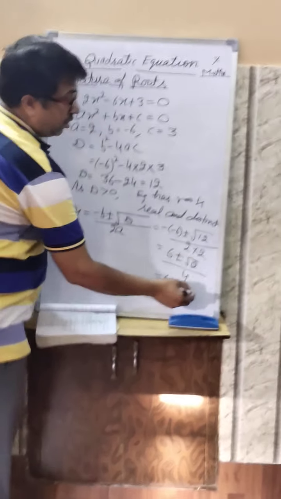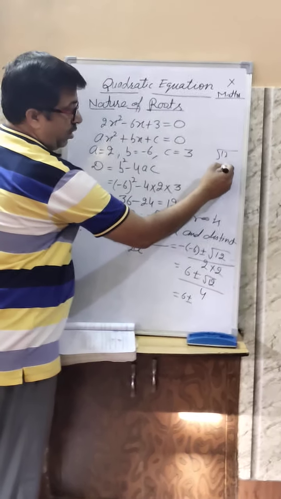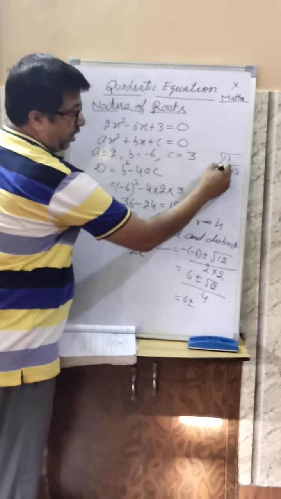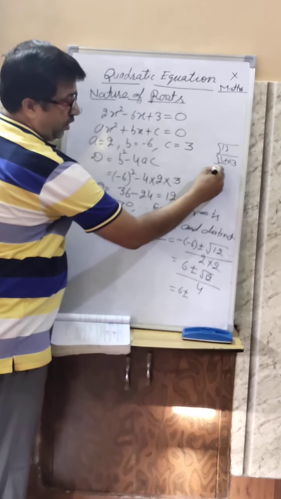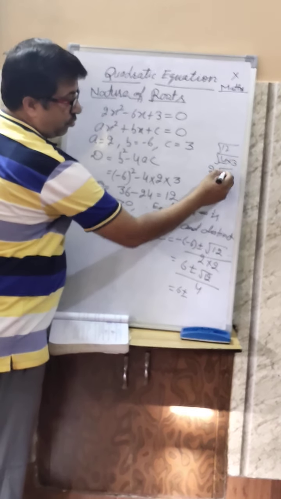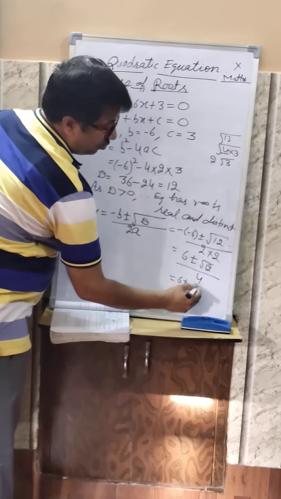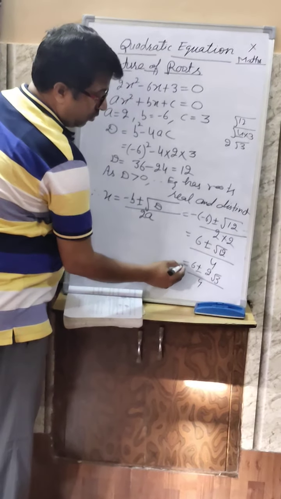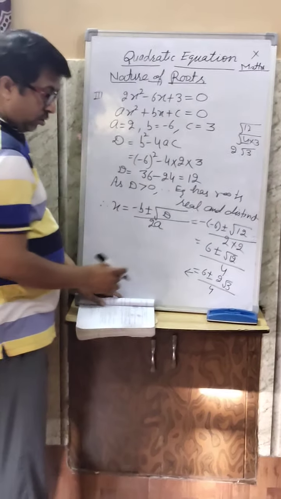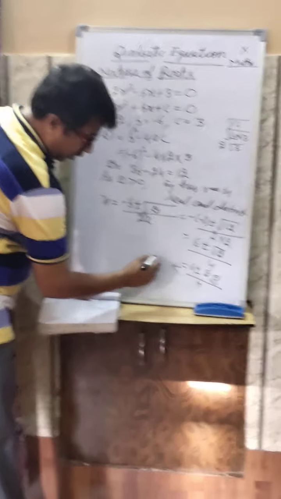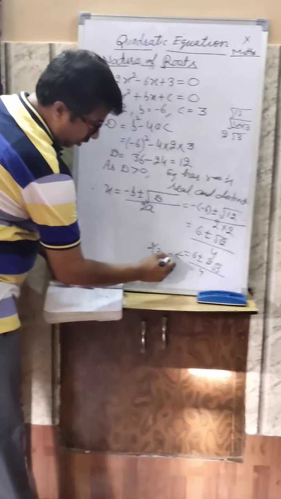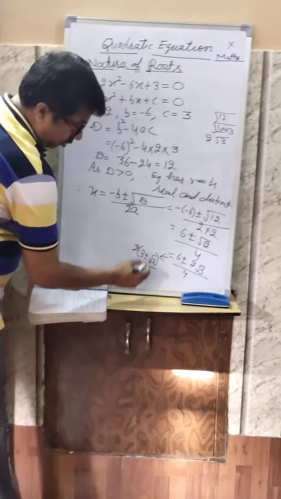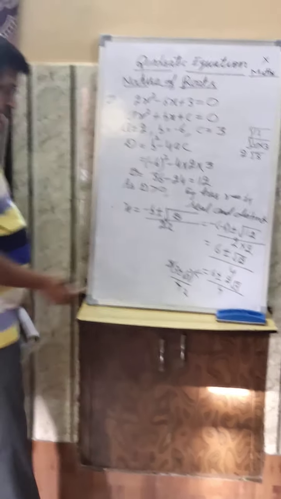12, you can say, means 4 3s are 12, and 2 outside, you can see the square root of 4 is 2. So you can write 12 as 2 root 3 upon 4. So what do you say? You can take 2 common, that is 3 plus under root 3 by 4. This is cancelled. So now what is the next step?